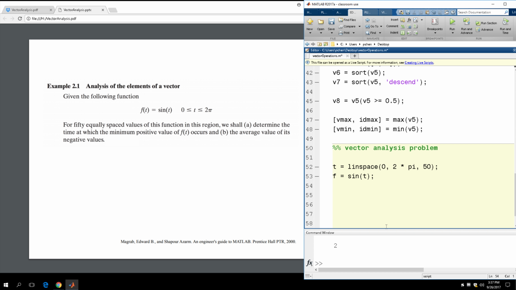Then the next step: we have t and f, and the question is that we have to determine the time at which the minimum positive value of f(t) occurs. What's actually the minimum positive value of f(t)? So what we want is to find all the positive values first, and the condition for that is f larger than 0. So if we actually index f using this particular conditional,